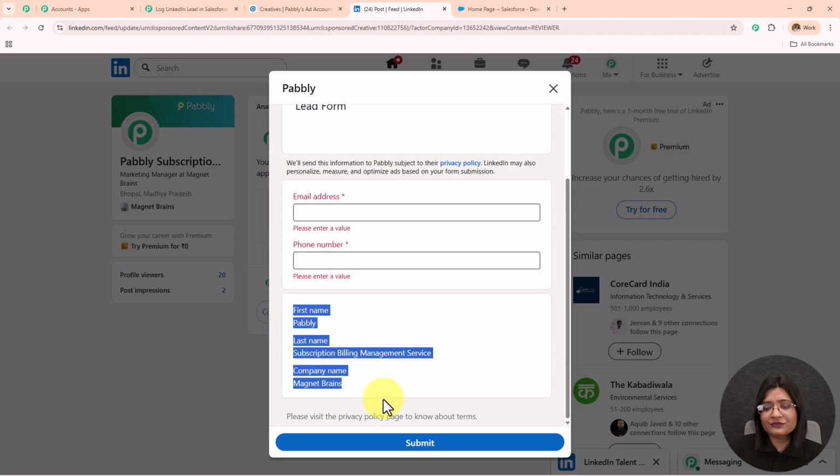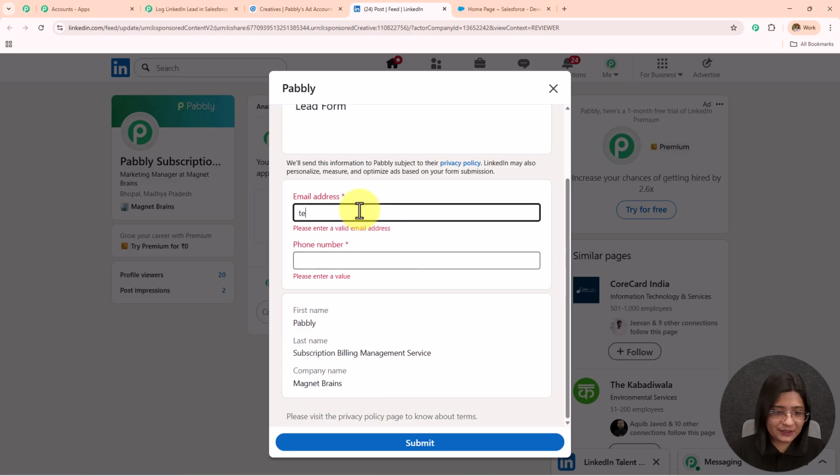Here the rest of the details are pre-filled because as I'm running a test campaign, I get to fill only 2 fields. When you are running a live campaign, your lead or you will get to fill all the fields. I'm quickly going to enter some dummy details here. I have entered my email address as